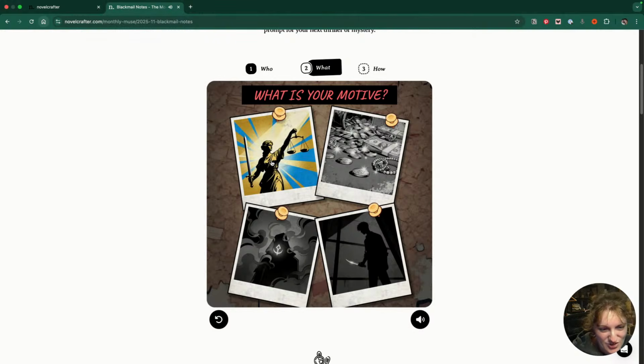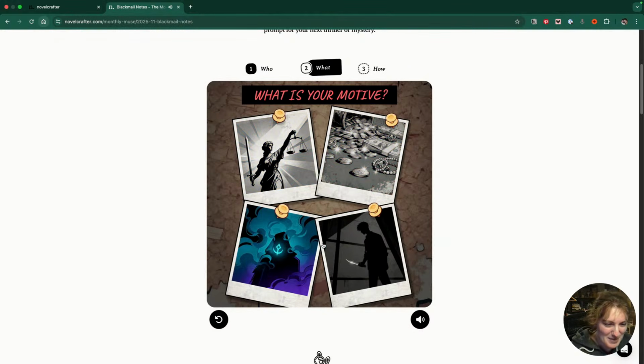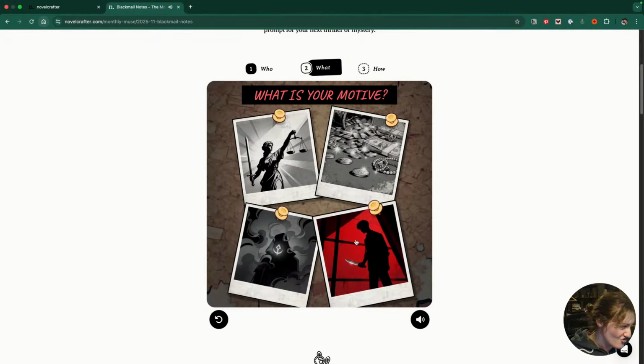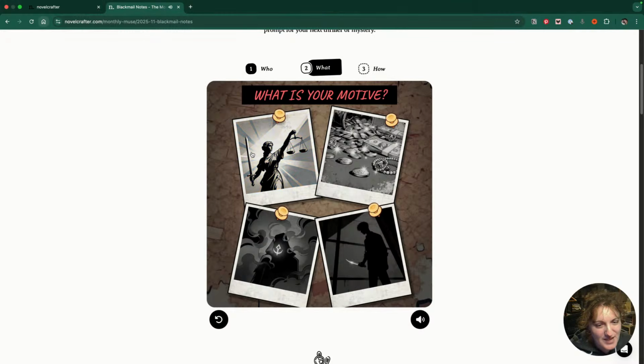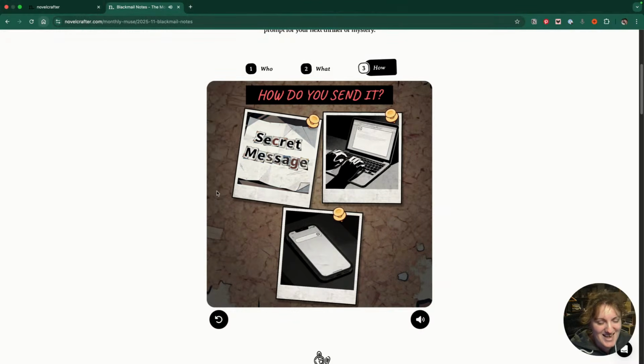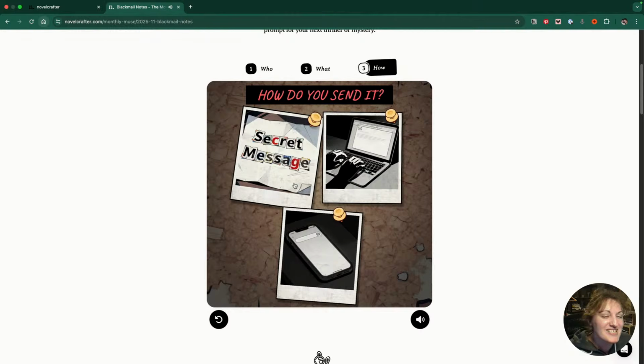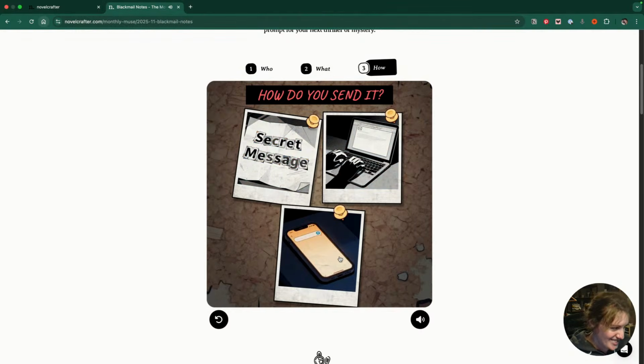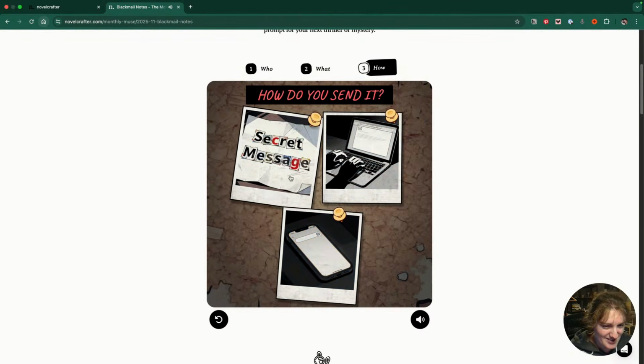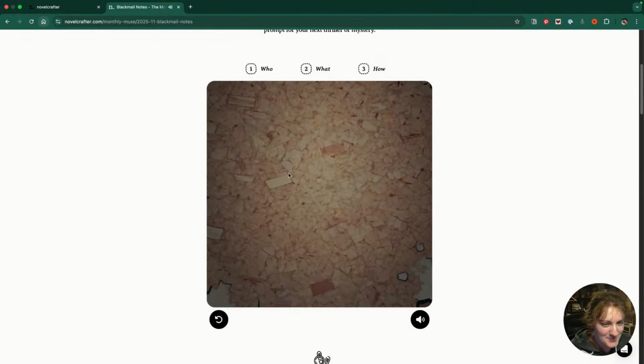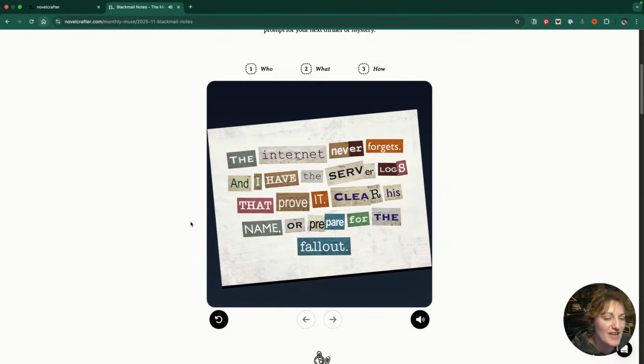Okay, so we're going to do justice, money, power, or revenge. Bonjour, guy. Let's go justice. And do we want a secret message, an email, or a text? I'm going to go secret message to start with. So: the internet never forgets, and I have the server logs that prove it. Clear his name or prepare for the fallout. Okay,